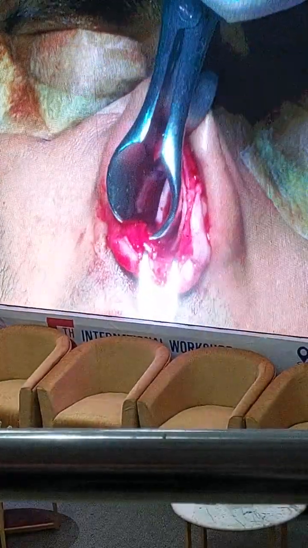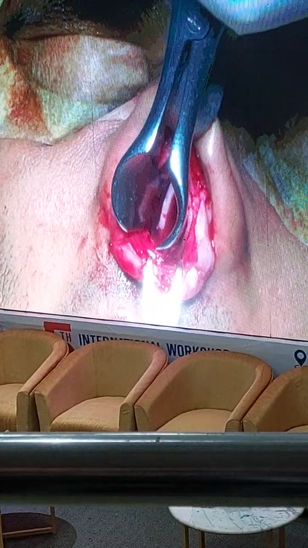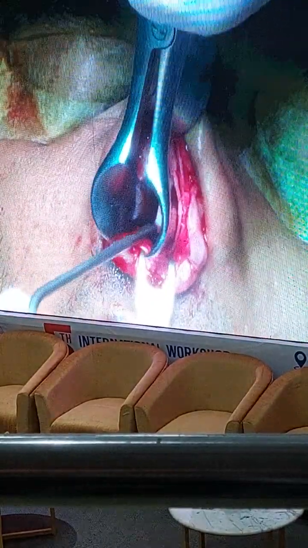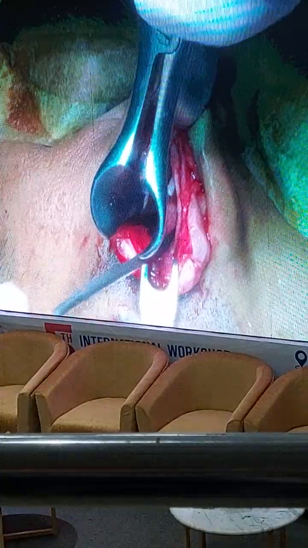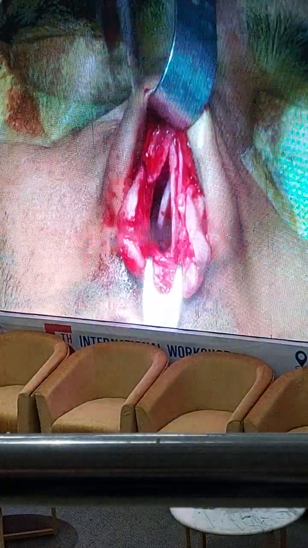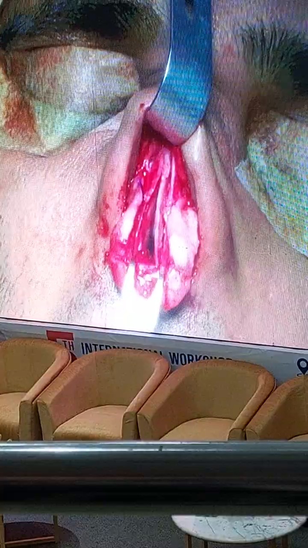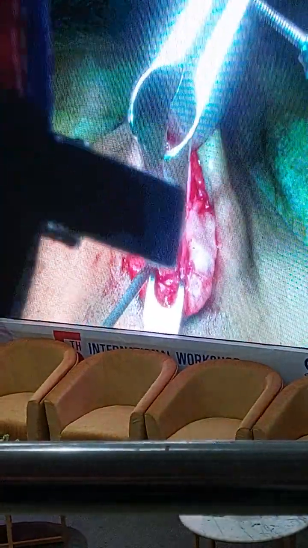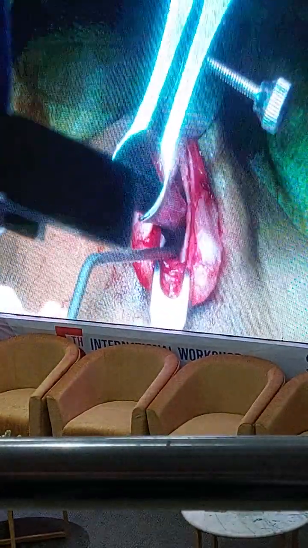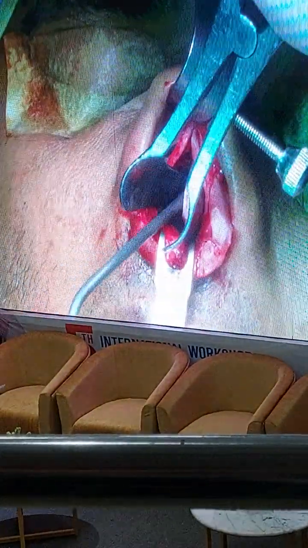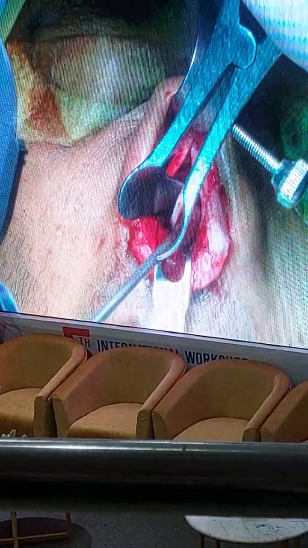I fracture from the body part, but still we have the attachment, so it's an important message: you never pull it. First you completely separate. I have one long bladed nasal speculum. He gives a long bladed nasal speculum. This is the long bladed nasal speculum, because usually we have the clear nasal speculum. There is a long bladed one. Yes, so you hold that also.